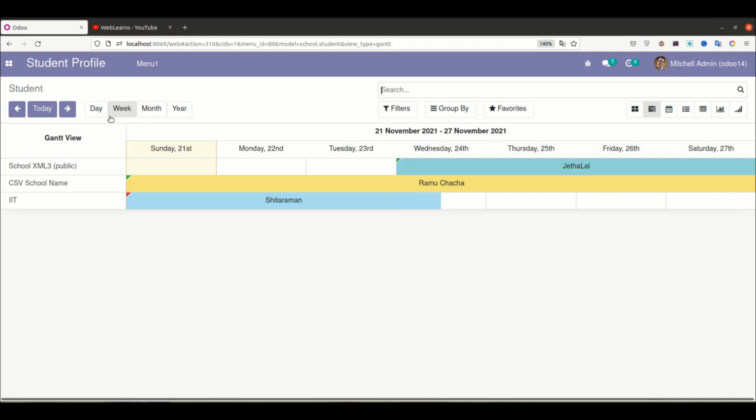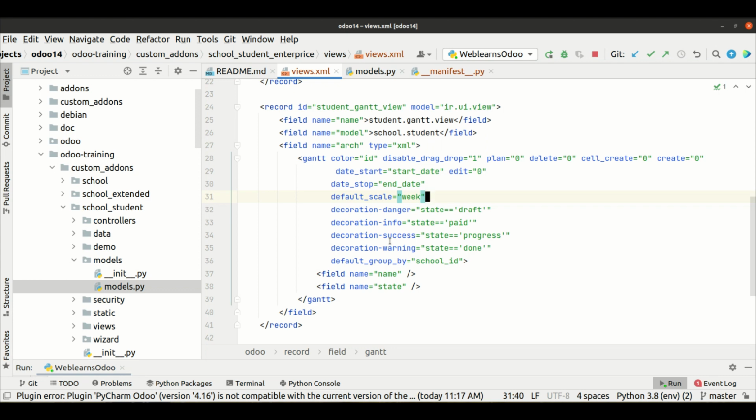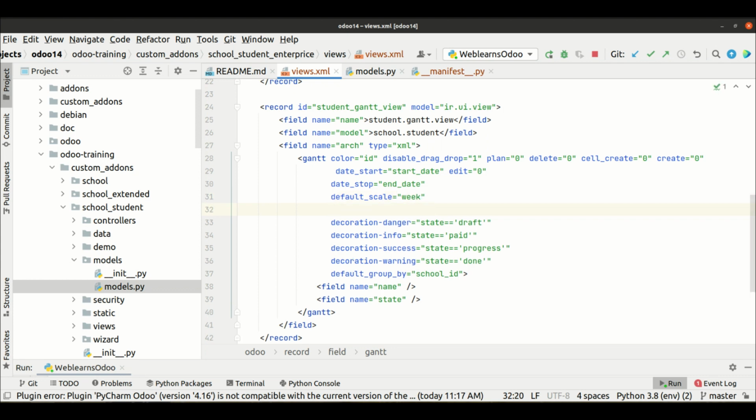Now let's say in the screen, if you want to exclude this day and the year, and you want only week and month visible, that is also possible. So here there is one more attribute which is scales. Here we have to provide week and month.